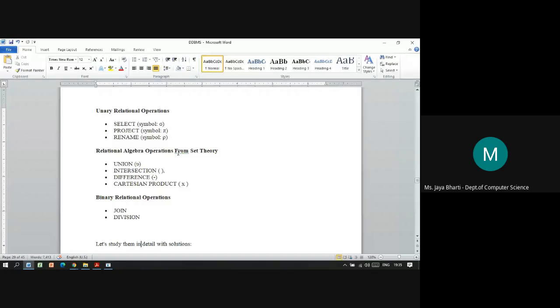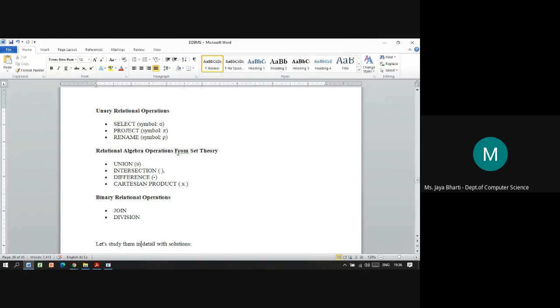And the third is binary relational operations, where we have two operands. Under binary relational operations, we have join and division. As the complexity of the query increases, the join conditions increase.